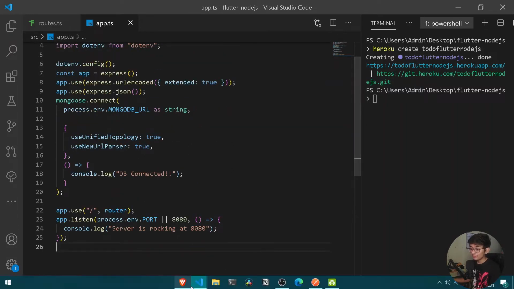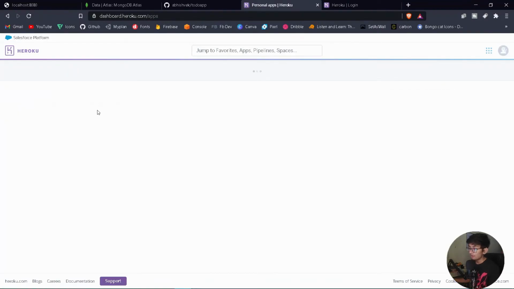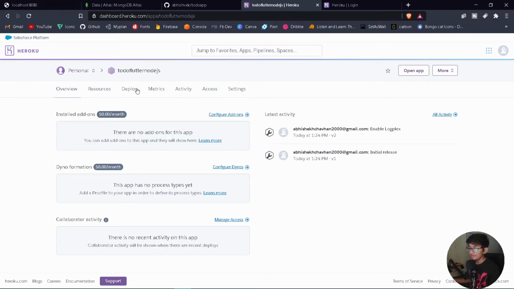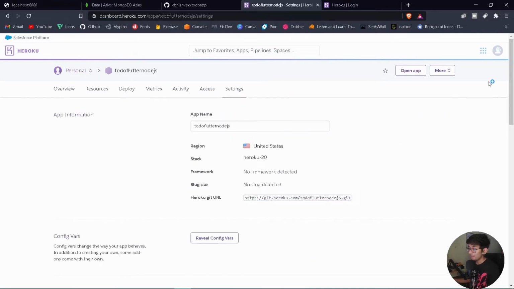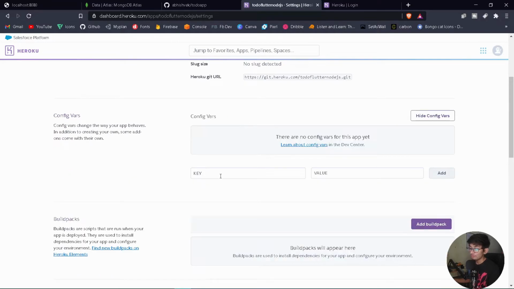But before trying it out, let's go under our Heroku project. Let's load it once. Alright, we have got our new project, todo-flutter-nodejs, a kind of big name. Let's go under our settings. And under our settings, you should be revealing some config variables, which will be our environment variables. Under key and value, you should be pasting your MongoDB URL.